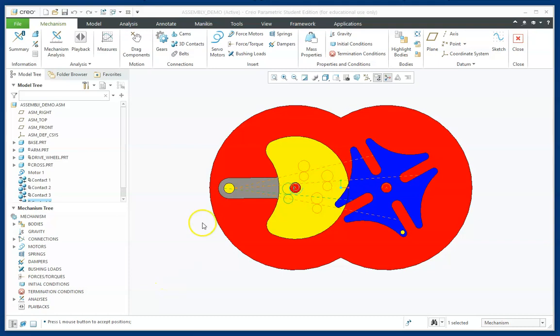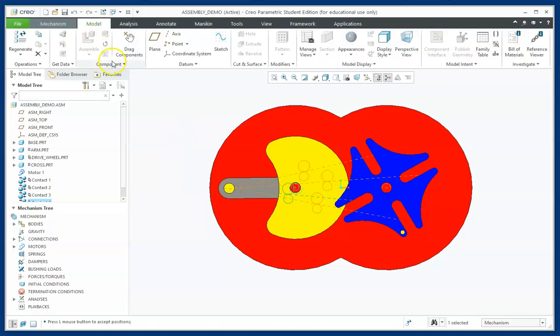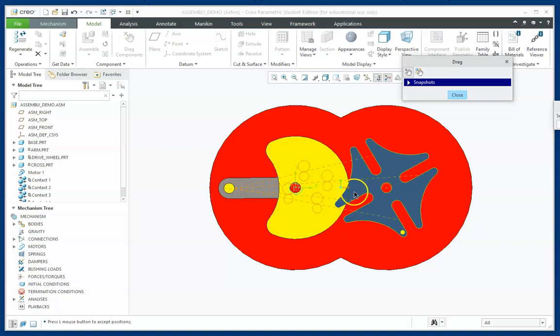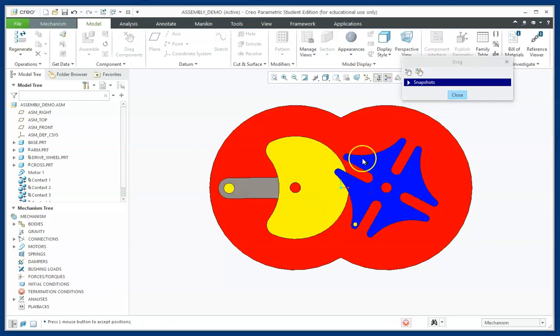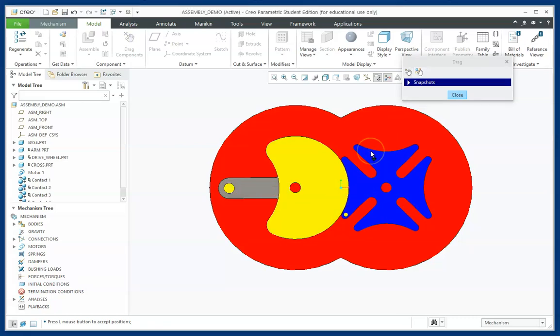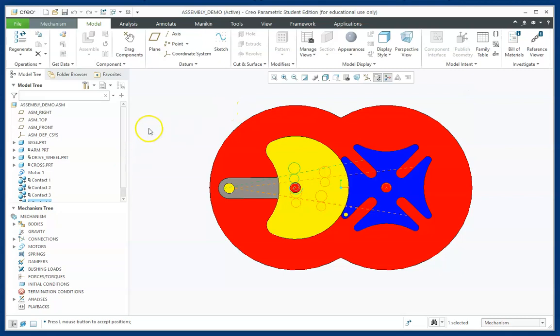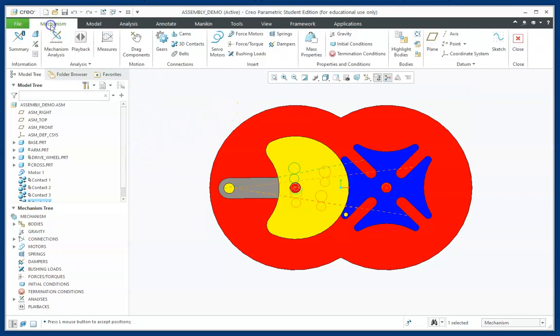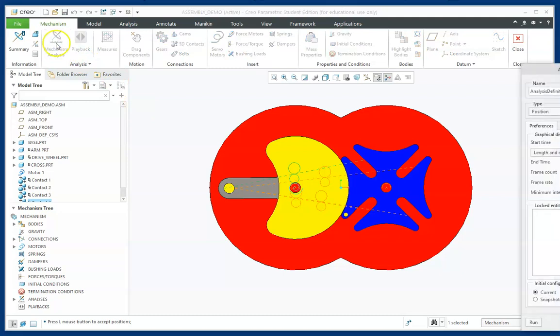Next, we'll run the mechanism. We want to start out with the model in a feasible position. So I'm going to move the cross to a feasible position right about there. You don't have to be too exact in this. Then the next step is to go into the mechanism and open the mechanism analysis menu,